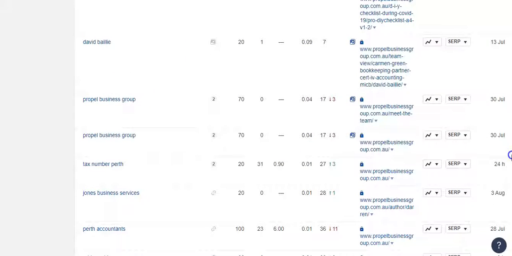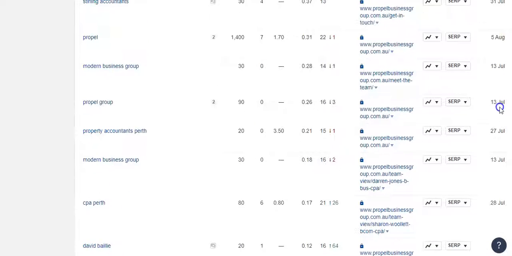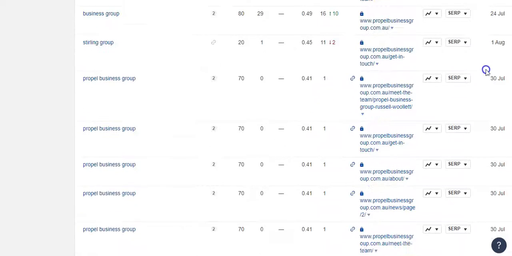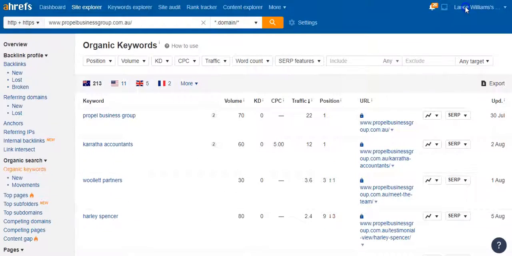So we really need to have a look at isolating the area to where you want to go, be it Perth, Wangara, Karratha. We really need to hone in on those, and I've put together quite a list of keywords that we can use for the content so far.